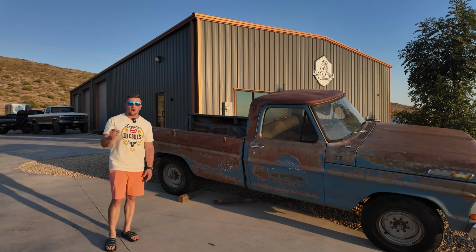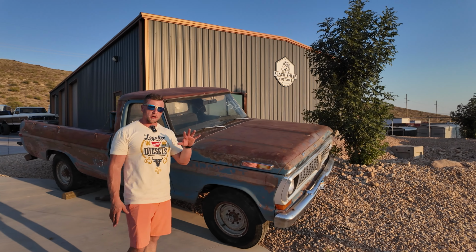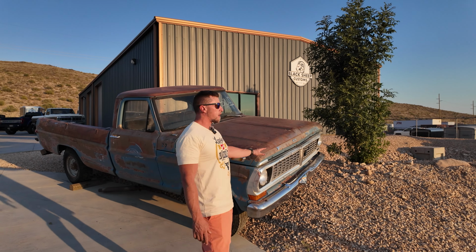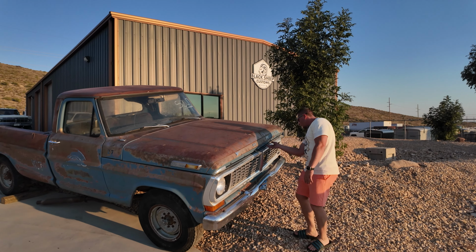And we want you to follow along, and we want you to get them running, get them back on the road. And we're gonna show you guys, we're gonna do a small series, and we'll do step-by-step the process to figure out how to check the oil and do different things to get these running. For example, this one here is,